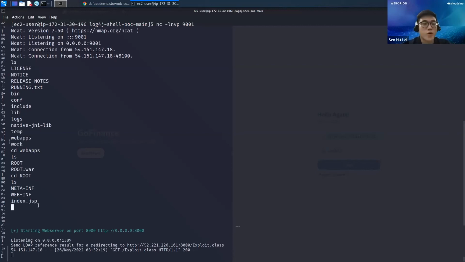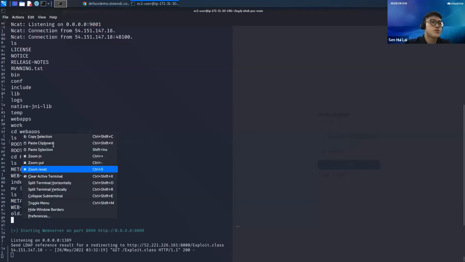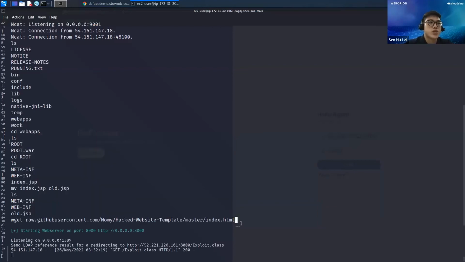When we first go to the website, usually what you see is the index.jsp file or the index.html file. So what the attacker can now do is rename the file to something else, let's say .o.jsp. So now the web server doesn't have the index.jsp file. And next, they can go to any GitHub repository to search for any deface website, and they do a get